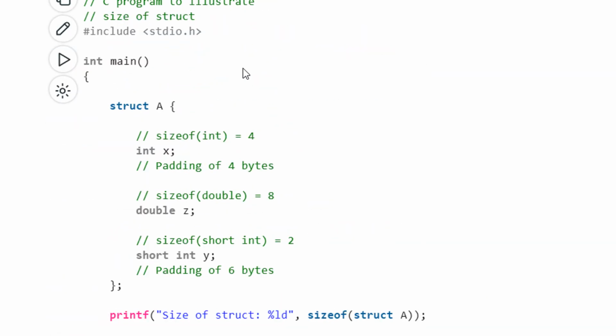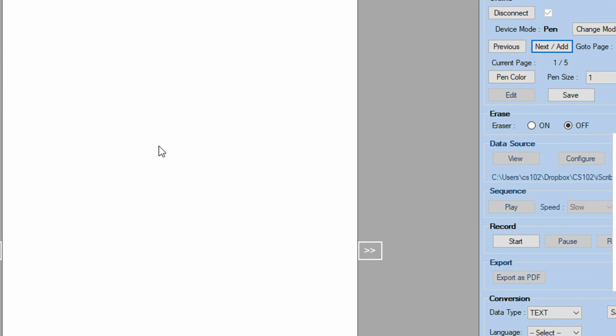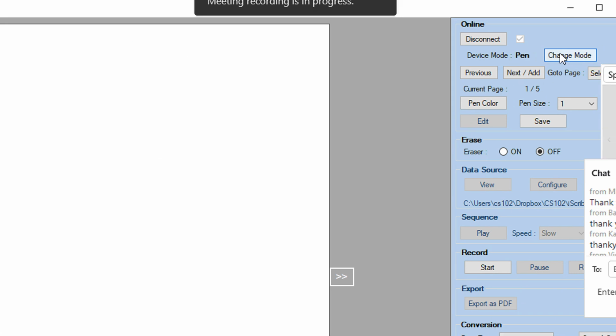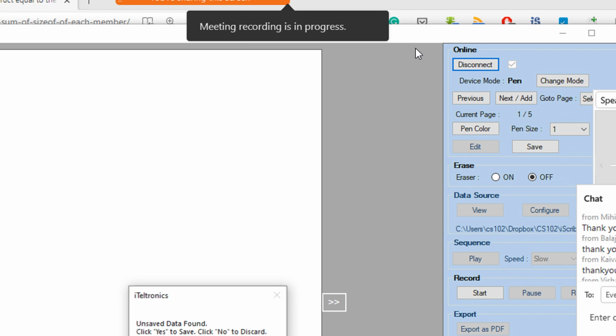Now see what happens. Assume I am having this. Let me just try to open the dashboard. Some strange issue with my dashboard, it's not working.